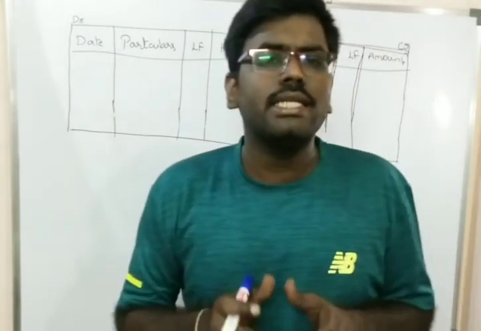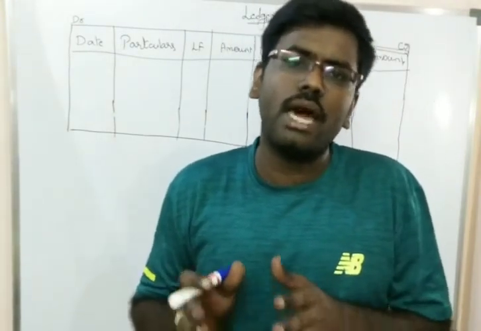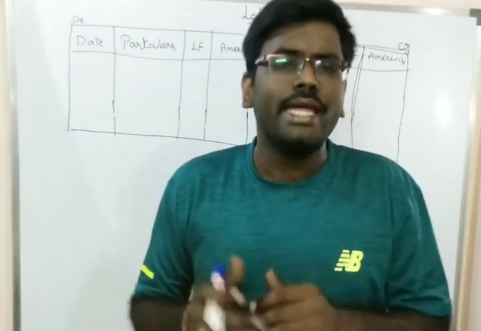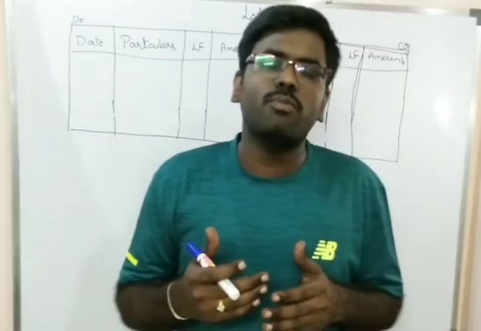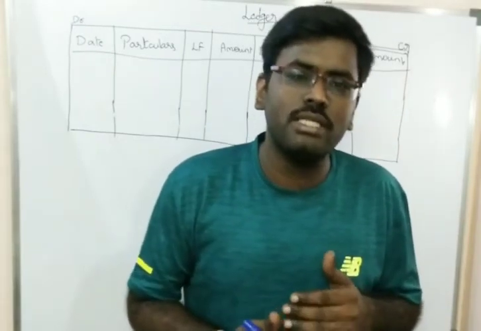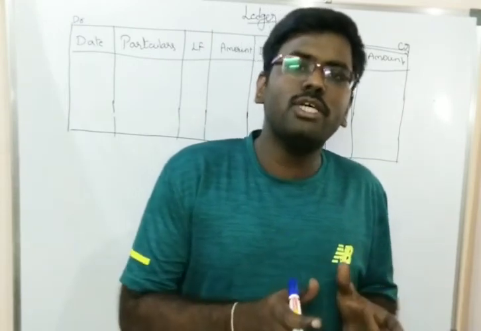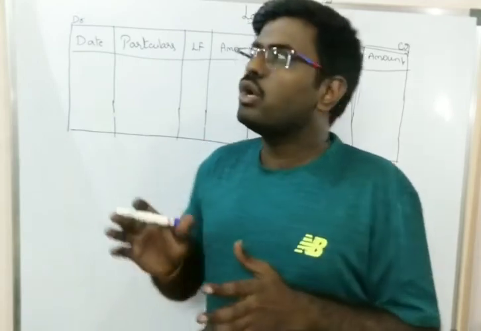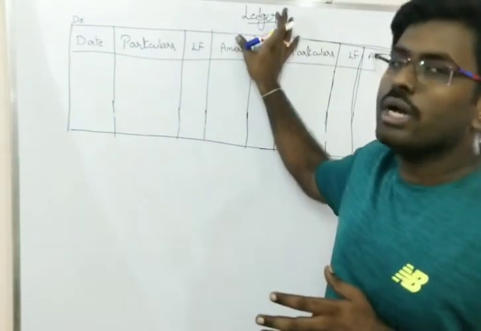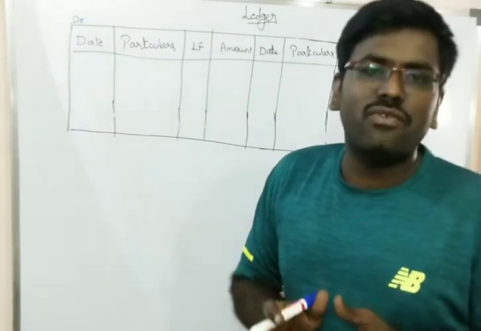So here a ledger account is said to be the summary of a particular person, a particular asset or a particular expense. Whatever may be the type of account, either it may be related to a person or to expenses or to assets. For particular information related to that particular account, we'll make a separate account as the ledger account. So we are saying it is the classification.